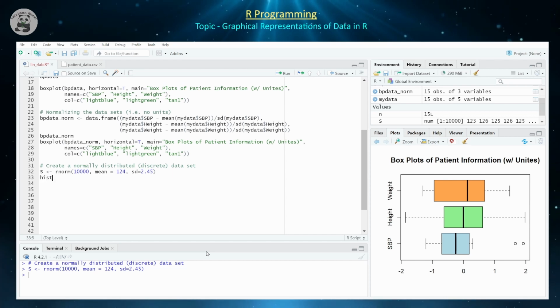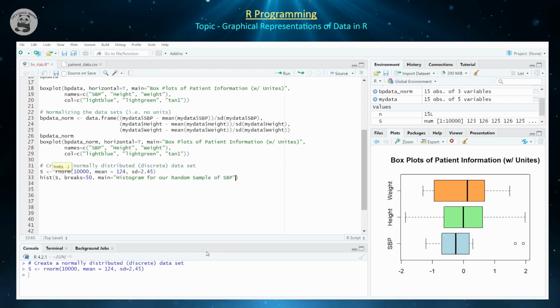So what I can do is I can do hist and then the vector that you want to create a histogram for, and then breaks. This is going to be equal to how many boxes or bins or sets you want to partition your spectrum into. Let's do 50, so we should have approximately 50 bars. And then let's title it. So this is going to be equal to a histogram for our random sample